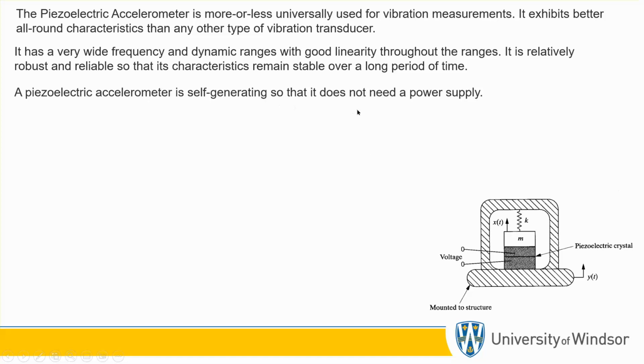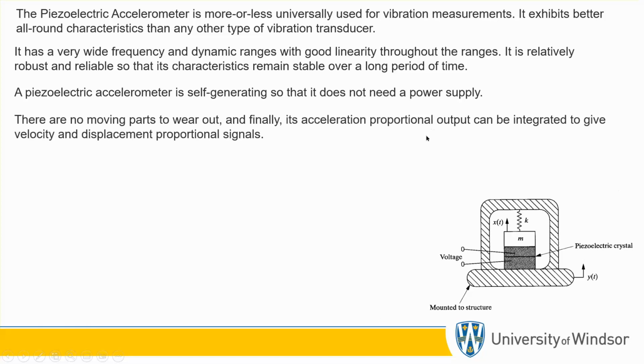So it's self-generating, so it does not need a power supply. There are no moving parts. And finally, the acceleration-proportional output can be integrated to get velocity and displacement. So this is very robust. It'll give you acceleration over a wide range of frequencies that you can measure. And if you take that signal and integrate it, you get the velocity, and integrate it again,